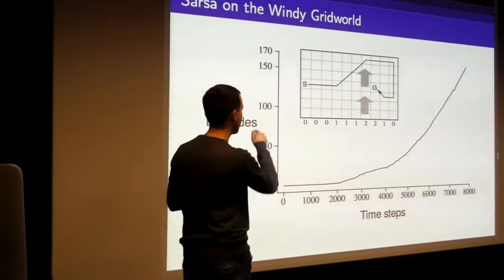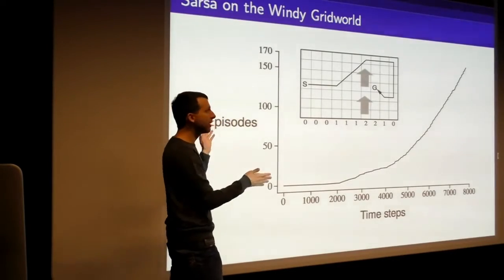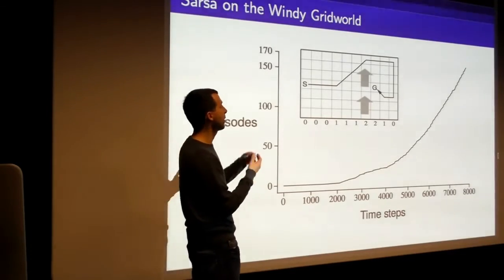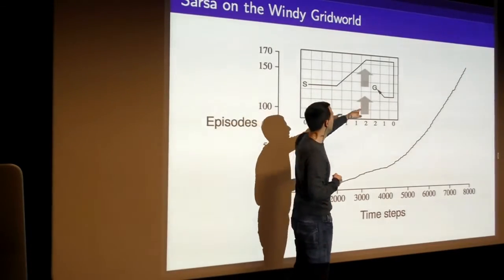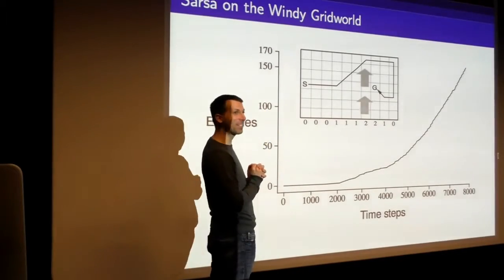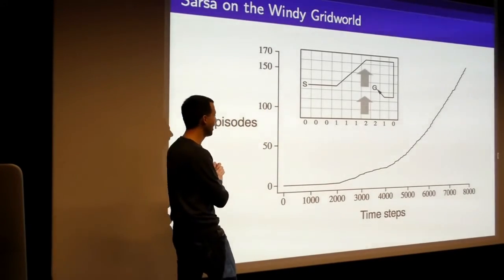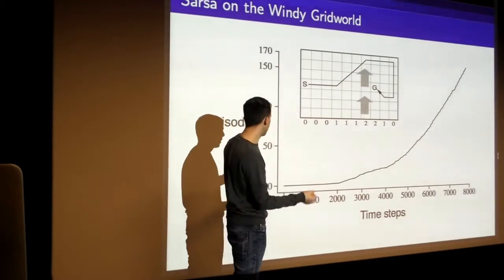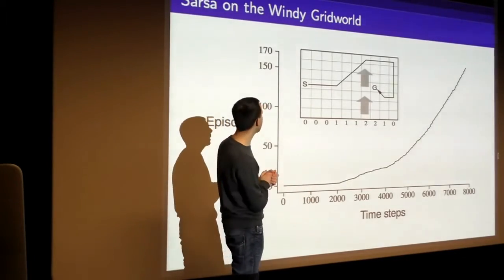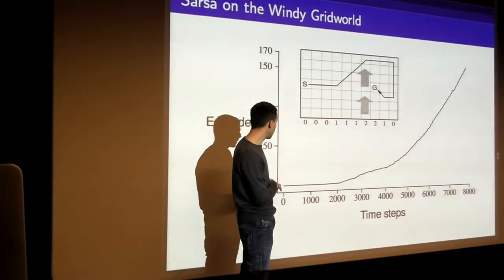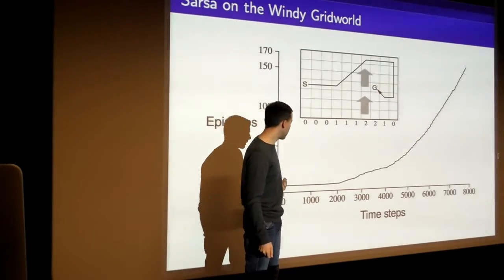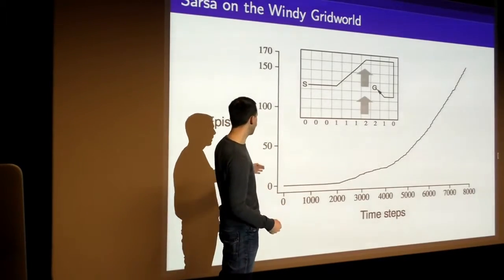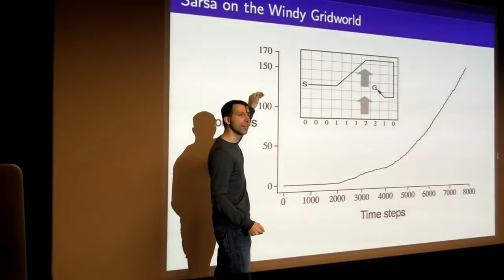So here is the diagram of the optimal policy. This plot basically shows us what happens if we use the naive version of SARSA. It's just something to show you that this is the policy that it finds, which I claim is the optimal policy. You can check that offline. And this plot here basically shows the learning curve for running SARSA. This is exactly the algorithm we just looked at. And what this is showing is the number of time steps. So this axis here is literally time step by time step. And what we're looking at is how many episodes were actually completed in those number of time steps.